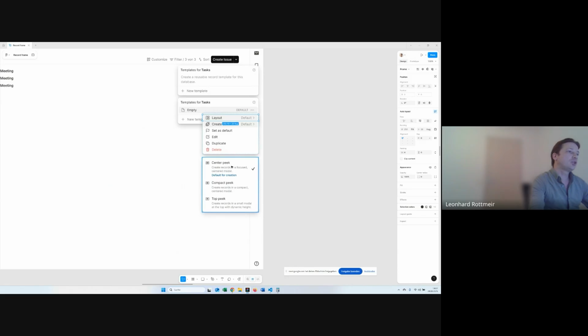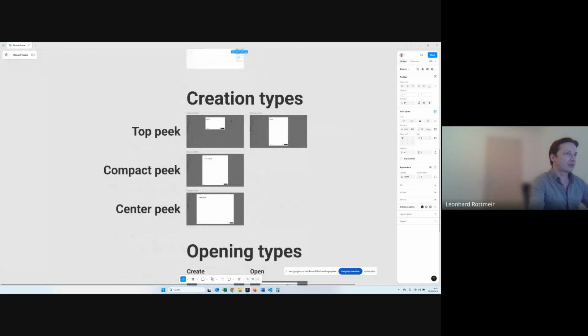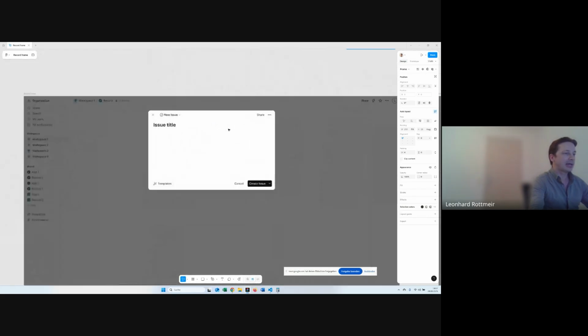And then you say you want to open it in the creation in the center peak, in the compact peak, or a top peak. With these three opening types or creation types, we will start. And I can show you them now. What is the difference? This is the top peak. So now you can have for creation very small